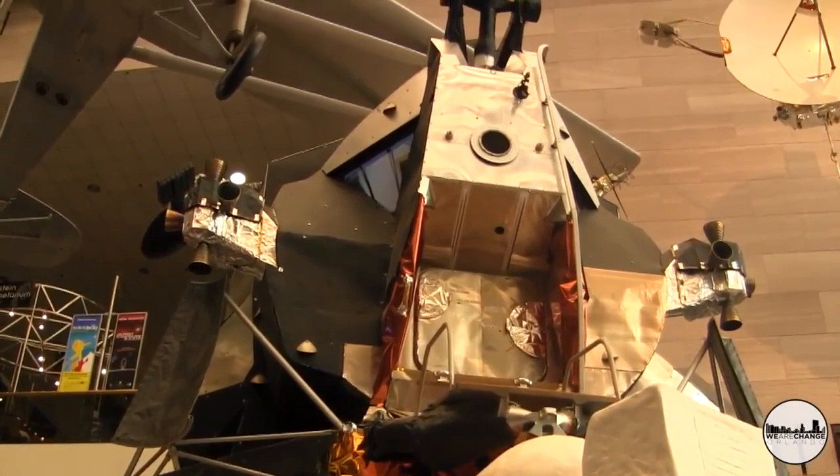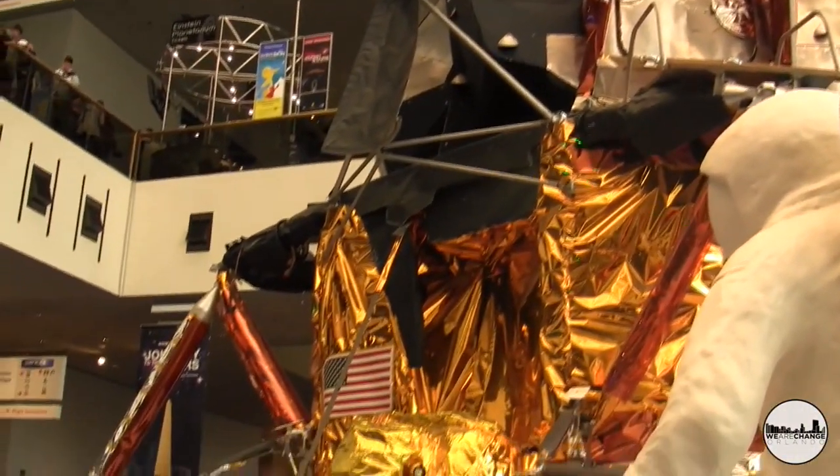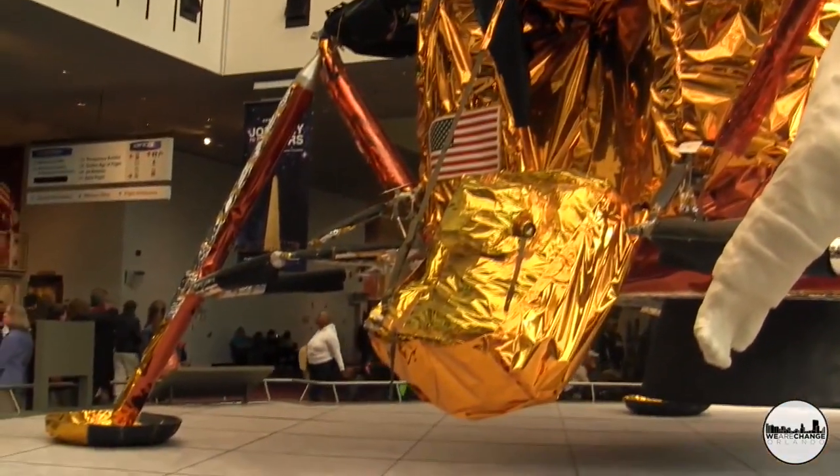That's what the Apollo capsules look like as they came back into the Earth's atmosphere. It's developed in about 5,000